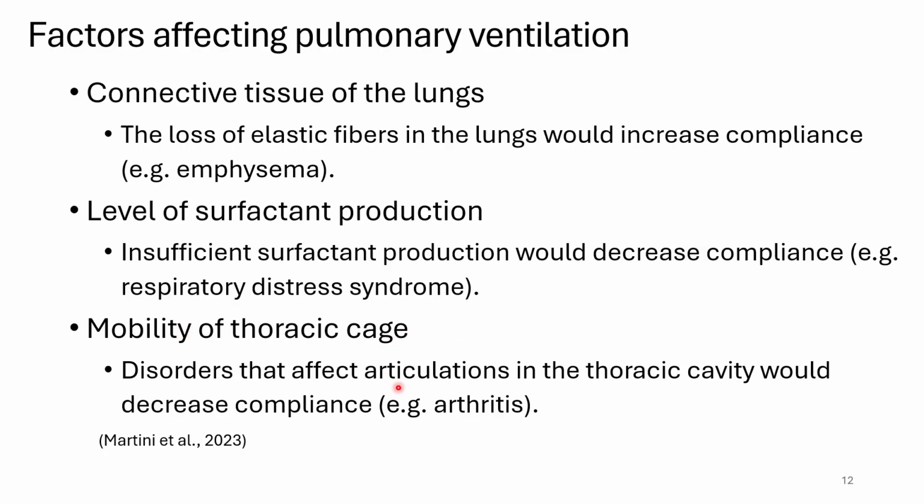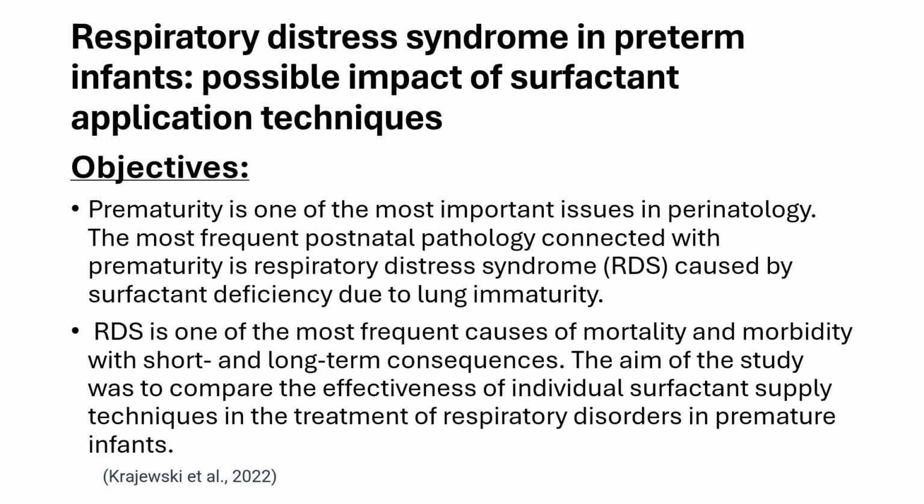For example, there is a decrease in mobility in the rare form of arthritis. Usually arthritis involves the larger joints, especially the knee joint, but nevertheless it can happen to the thoracic cavity as well. All right, now we're going to discuss respiratory distress syndrome